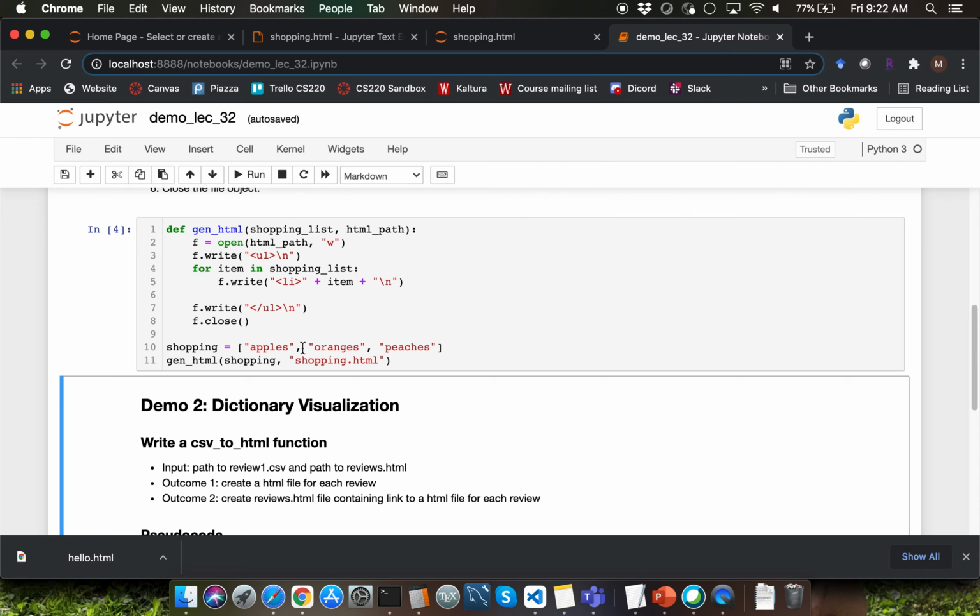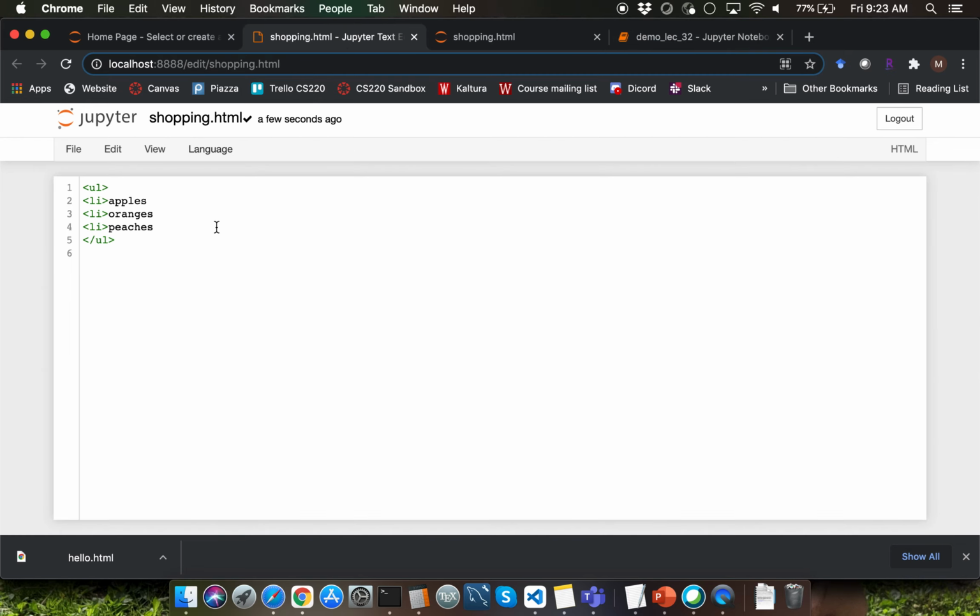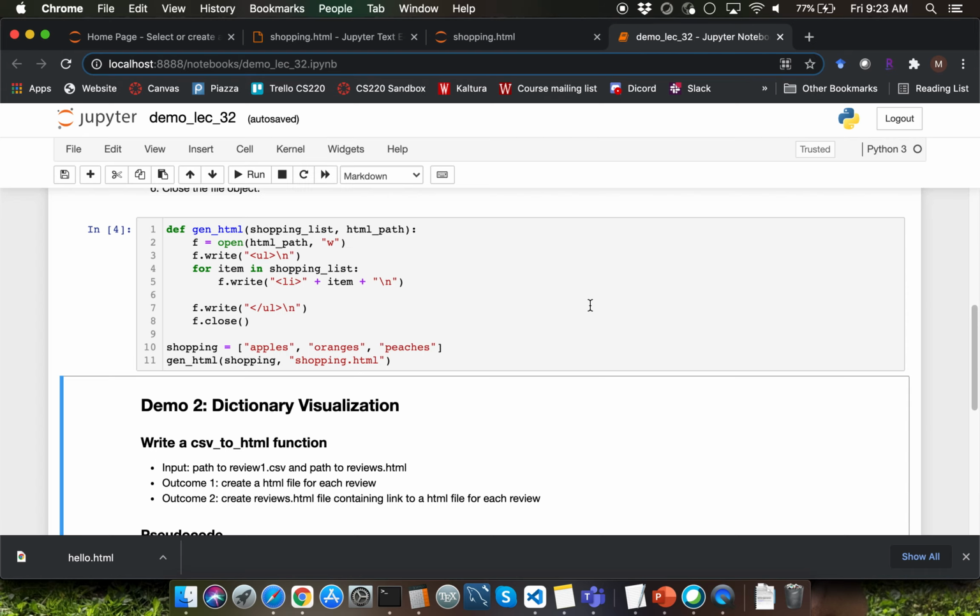Make sure you understand the difference between using a new line and a line break tag. If you use a new line, you're introducing a new line within the source HTML file. If you use a line break tag, you'll be introducing a line break within the rendered version of the HTML file. I'll pause the lecture video here. In the next video, we are going to continue going through other HTML tags.